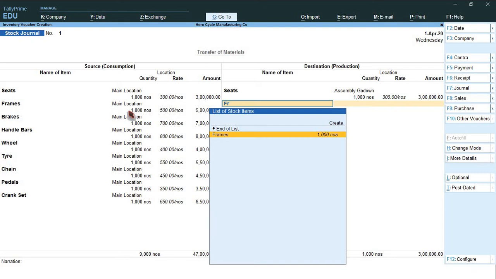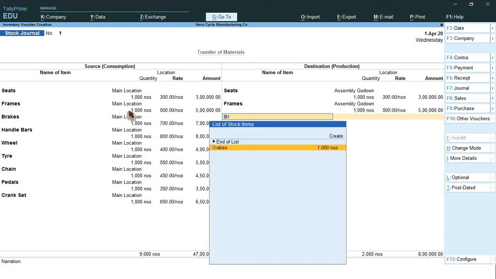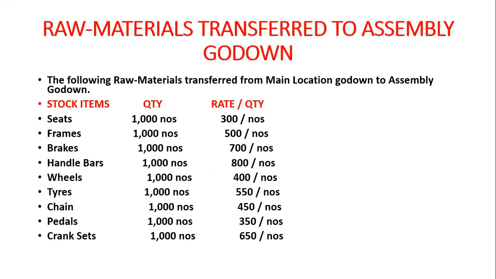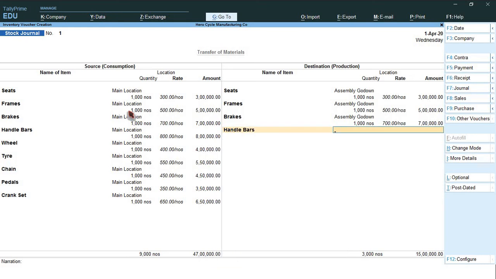Frames. Assembly Godown 1000. Brakes. Assembly Godown 1000. Handlebars. Assembly Godown 1000.